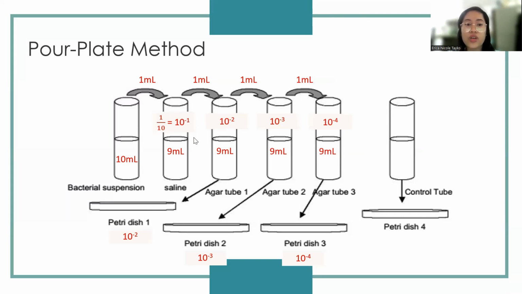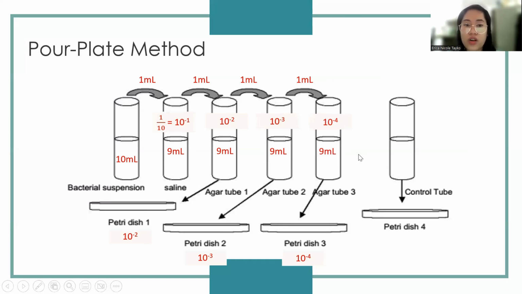So the sterile saline solution will now be your first dilution, with a dilution factor of 10 raised to negative 1. If you get another 1 ml of that solution and transfer that to your second tube containing nutrient agar, then that will be your second dilution factor, which will be 10 raised to negative 2. Once inoculated, you will be transferring the contents of agar tube 1 to your Petri dish 1. So the dilution factor of your agar tube 1 will be the same as your Petri dish 1. Just continue that with the succeeding test tubes. So you will have a dilution factor for agar tube 2 of 10 raised to negative 3, and the last tube will be 10 raised to negative 4, which will also dictate the dilution factor of the Petri dishes where you will place the contents of the tube.